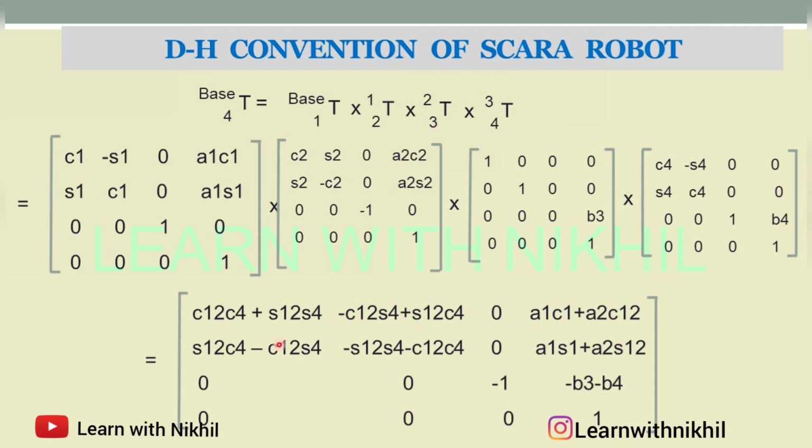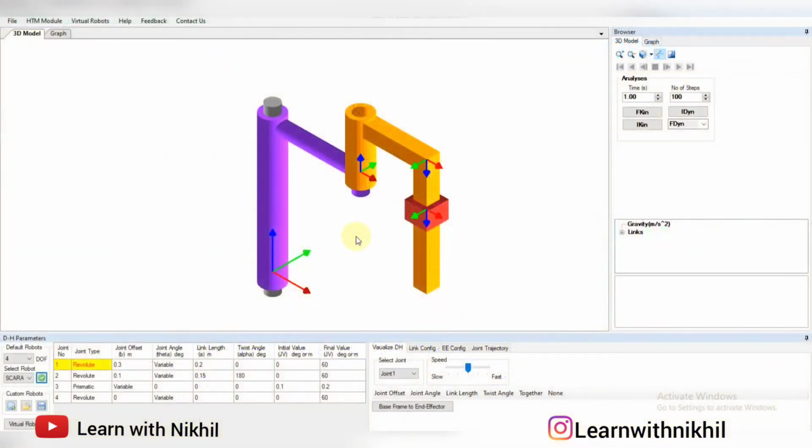Likewise, it is all the matrix. You can put the values and you can find. You can see the forward kinematics through the RoboAnalyzer software also. I'll just show you there. Now for calculating the forward kinematics with this set of values which is given.